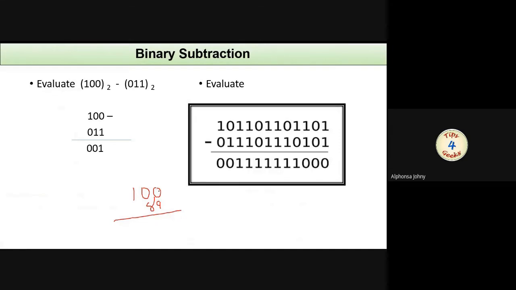So first we will consider the LSB, 0 minus 9. It's not possible. So we will take a borrow from this position to here. But here also 0. So we will look into the MSB position. So 1 is borrowed from this position to this. So here it becomes 10. Next we will borrow 1 from this bit position to the LSB. So we are taking 1 away. So the final result will become 9 in this column, and we are taking 1.